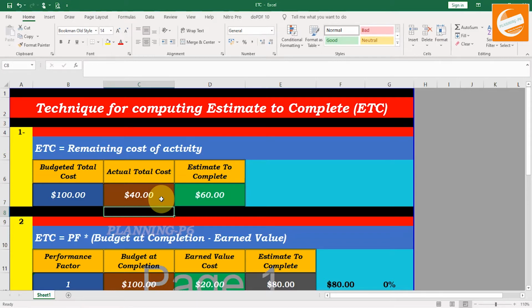If you change the actual total cost, then you get the estimate to complete for the activity.